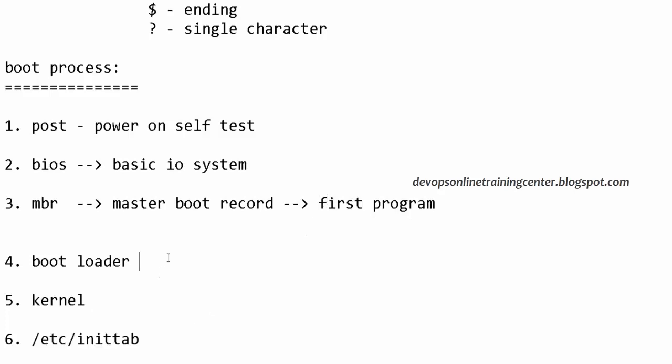This bootloader will select the operating system. If you have a dual operating system, when you power on, after POST, after BIOS, and after the master boot record detects the disk and boots it, it will show a menu, something like a splash screen, giving information about which operating system you want to select. You want to select Windows or you want to select Red Hat. That is the output from the bootloader.